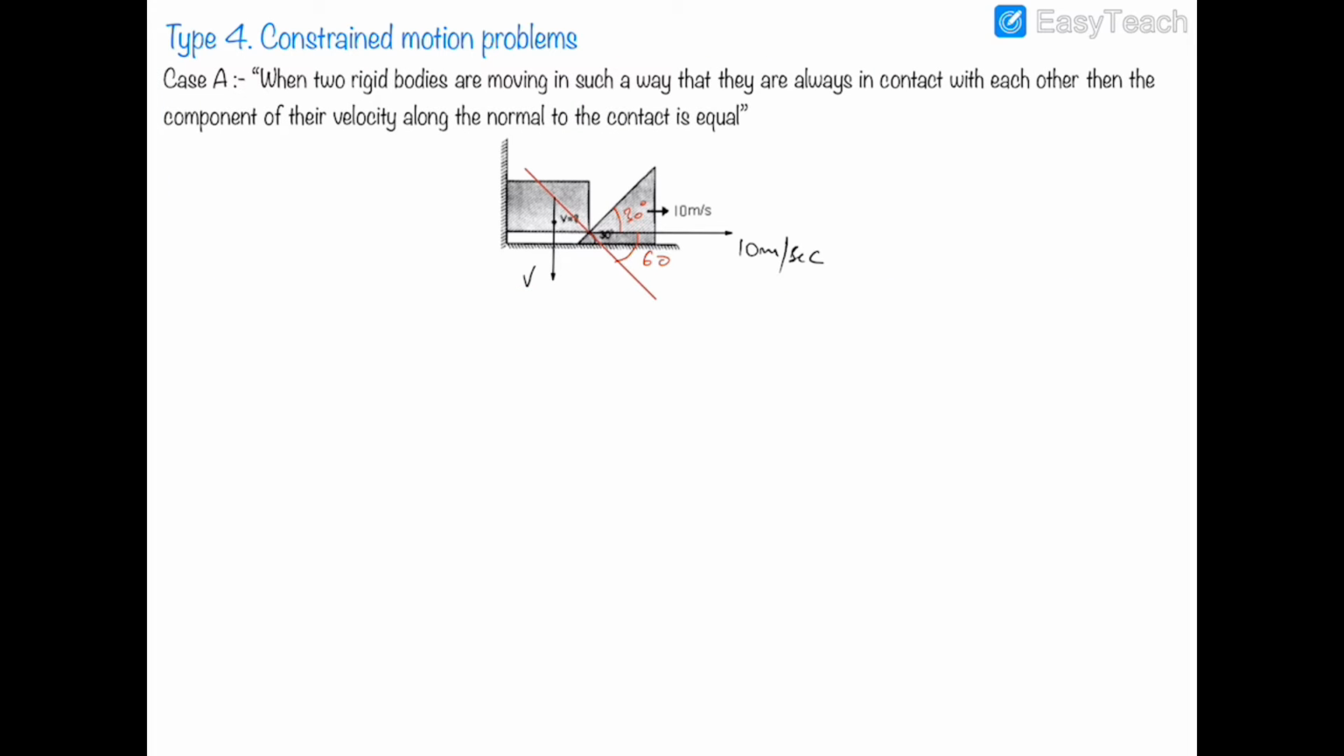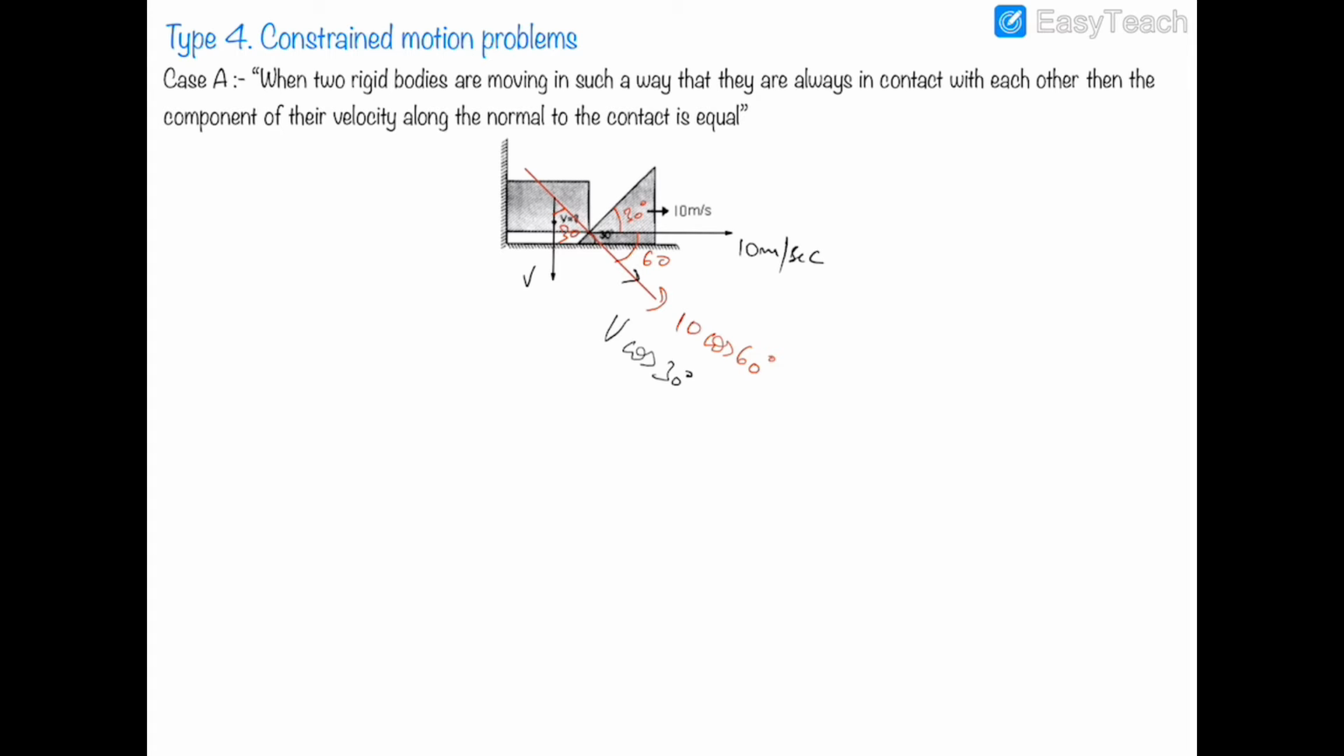Yeah, so this angle will be 30 degree. Okay, so the components of these two velocities will be 10 cos 60 degree, and the component of v will be v cos 30 degree. So the fact is that these components will be equal to each other, and it is